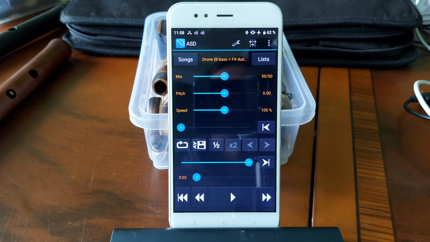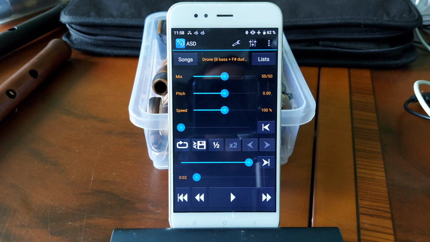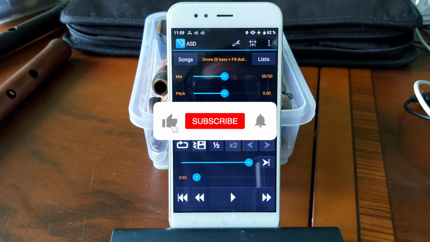Today I want to dedicate this tutorial again to the beautiful application called Amazing Slowdowner, ASD, as you can see it here in the corner. You can download it for your smartphone or for the laptop, for both platforms: Windows PC, MacBook, Android, and iPhone as well. I have already spoken about this application before. I'm using it for learning new compositions as well as for playing drones and pitching the drones up and down depending on the condition of my reed.